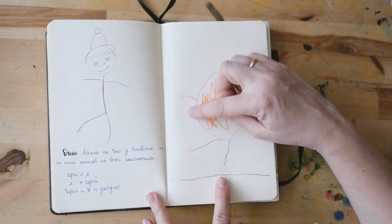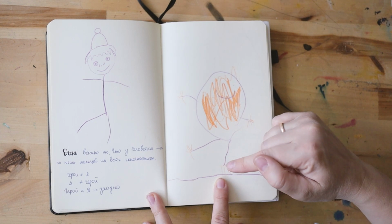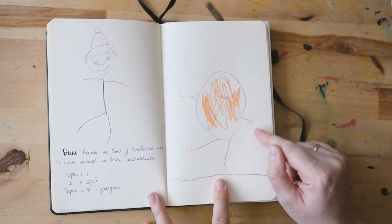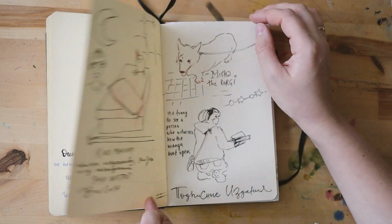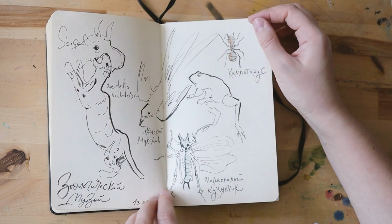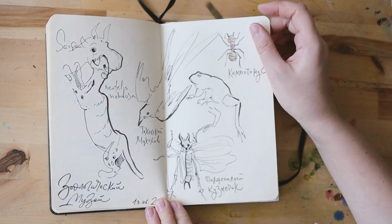And here was an example of how important it is that each limb has 5 fingers. He drew it like in counting. 5 fingers. This is me in a bookstore, and I guess this is me in a museum,